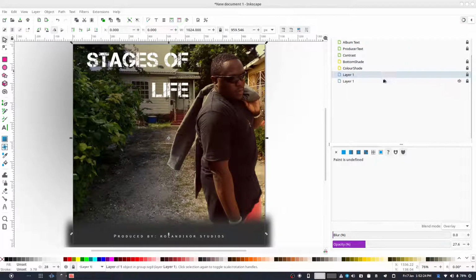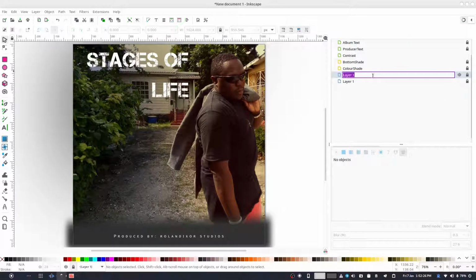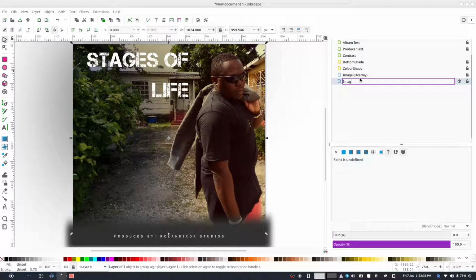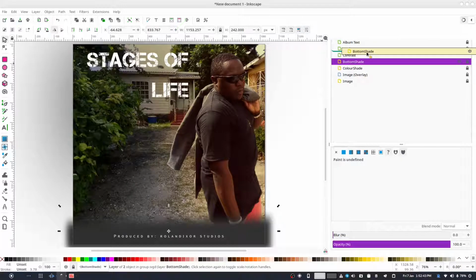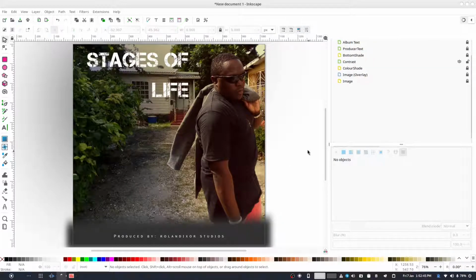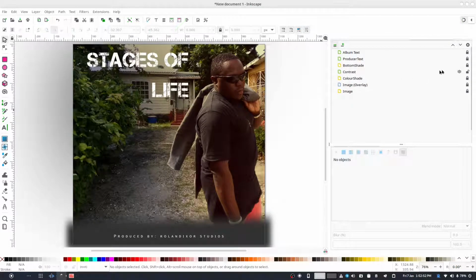So this one is image overlay, and let's call this one image. Right, okay, bottom shade, we'll move this up as well, above contrast, because we don't want the contrast to overlay that. Okay, so now this looks good as is, but of course we don't know who the person is yet,